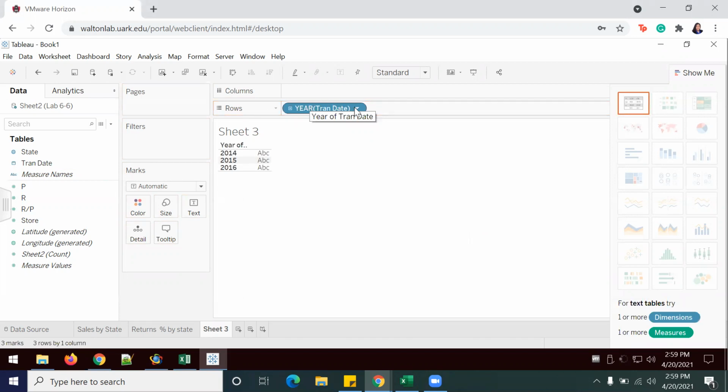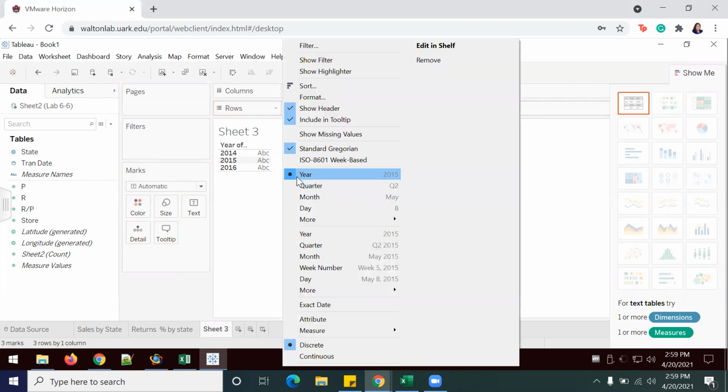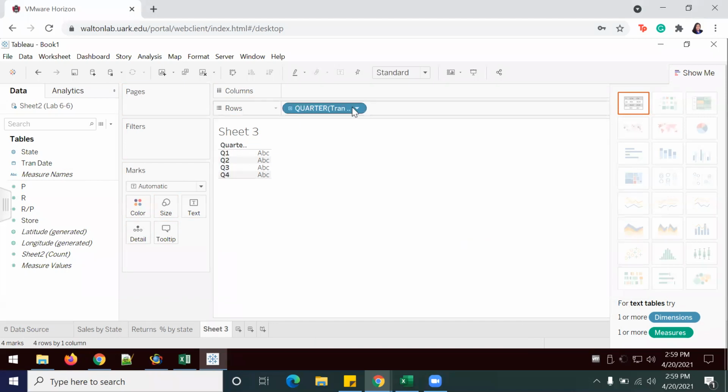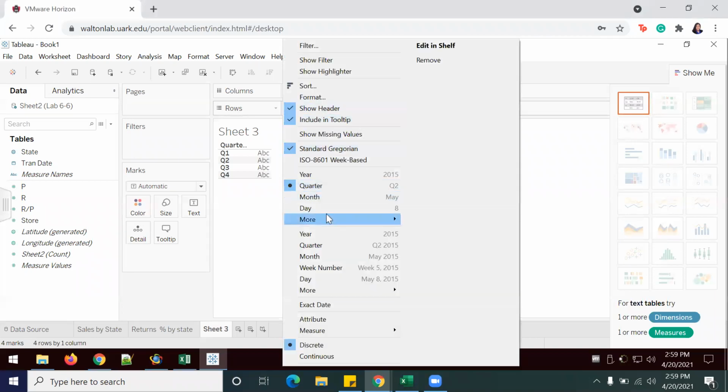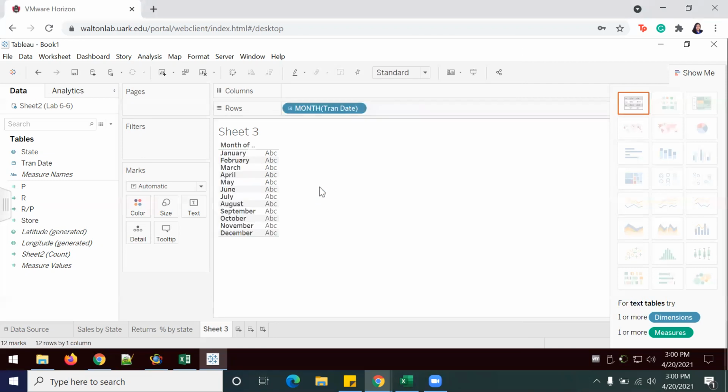It will default to years, as we can see, but we're going to expand it to do quarters, months. Okay, actually months. And then I'm going to double click RP,